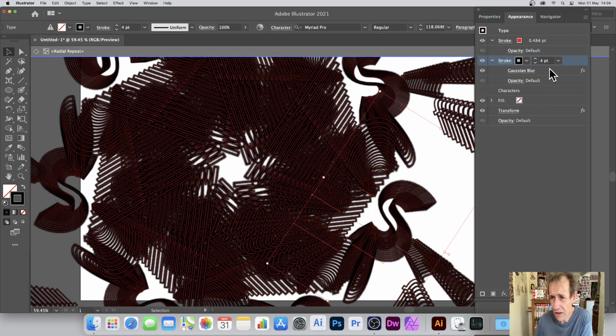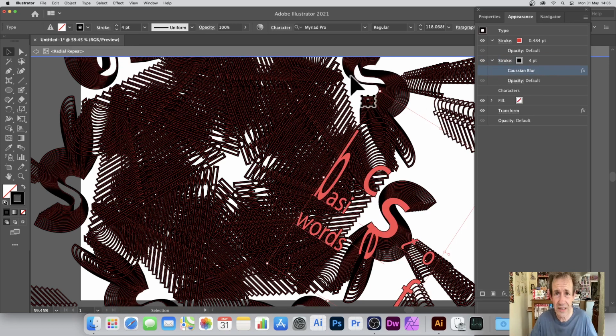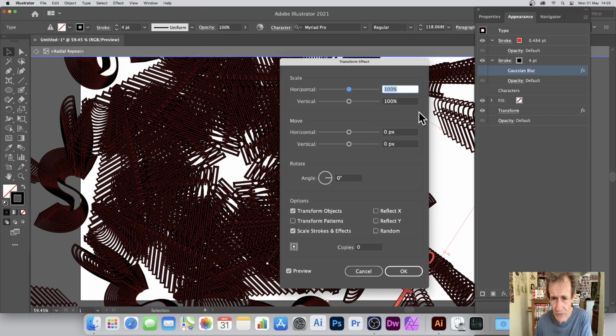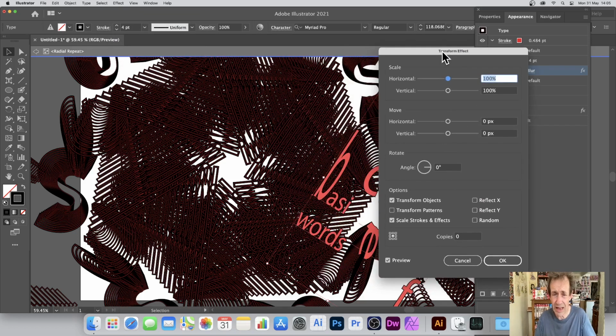You can also move various things. So say you decide you've got this one, I'm going to remove that Gaussian blur. That's a bit extreme, but it does have a tendency to slow things down a bit. But what you can also do, you can go to Effect, Distort and Transform. Maybe go for the Transform here. And now I'm not going to go for 10. That would be extreme. You'd end up really pushing this, but maybe like 2 copies, say,